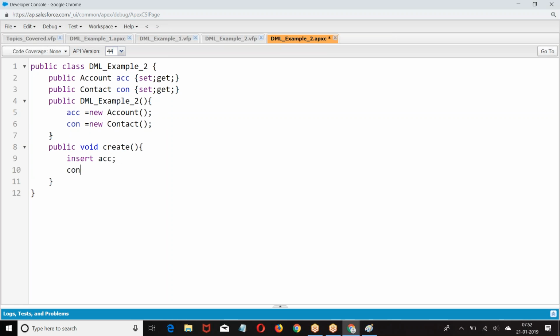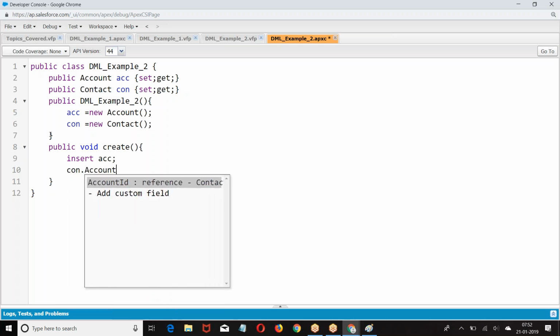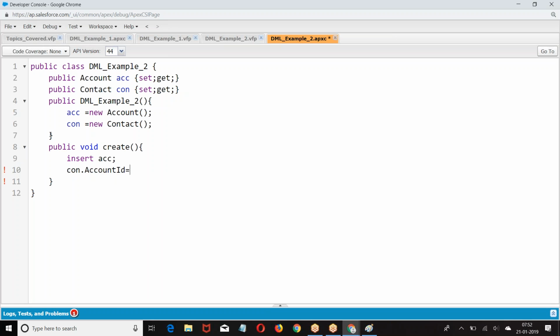Now contact dot account ID. What is the name of the field? Account ID. It is a lookup field. Contact object has a lookup field to account. What is the name of the field? Account ID equal to